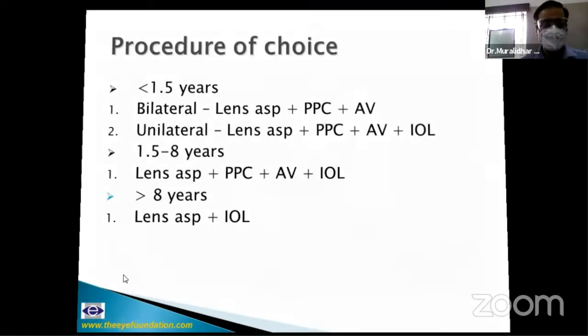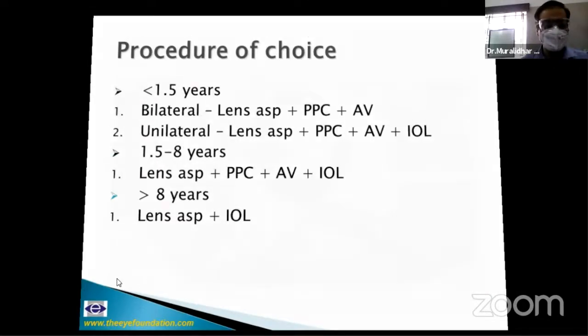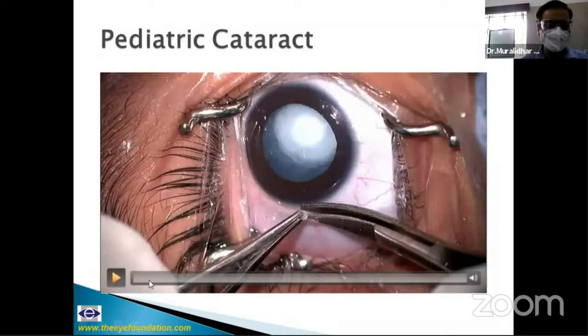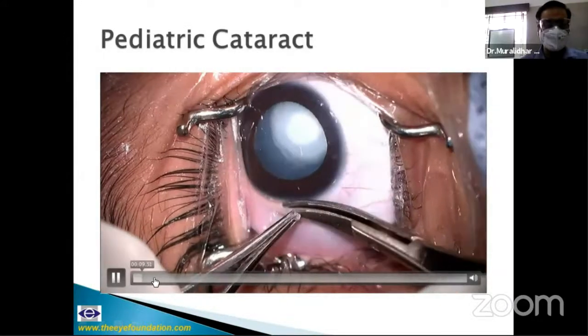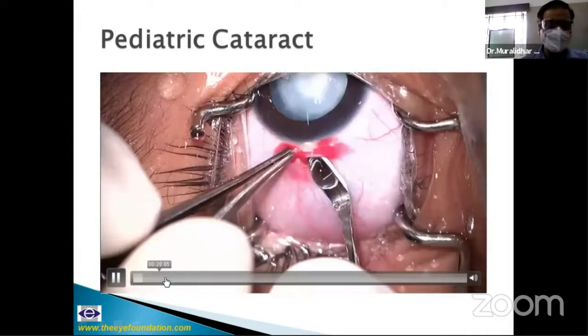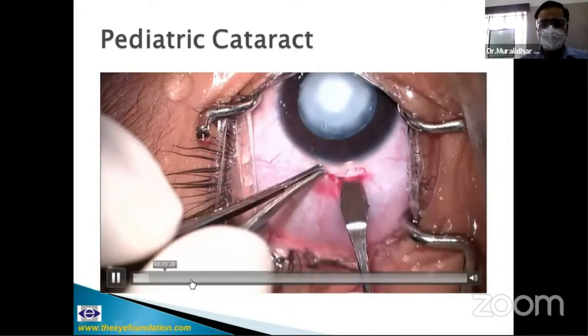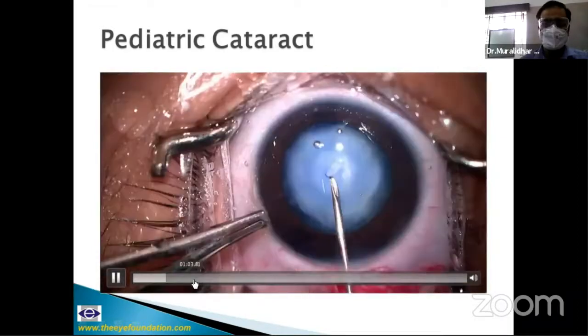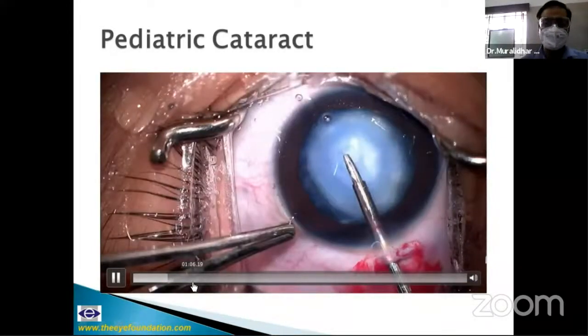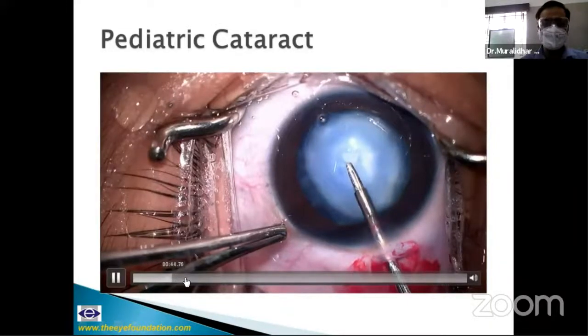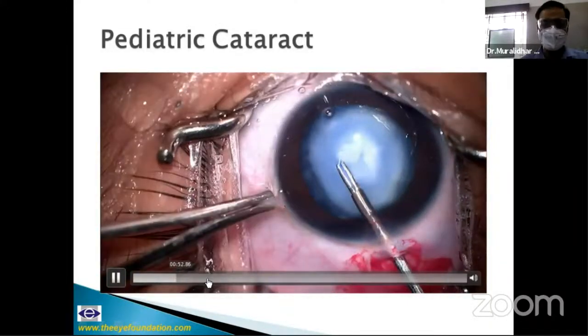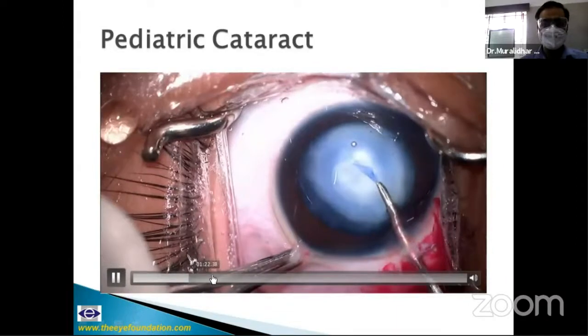And I shall wind up with a short video on surgery, because I have many more slides, but I don't think we have the time to go through all this. I prefer doing a scleral tunnel incision, but not everybody agrees with that. The key to achieving a successful rhexis is to aim for a smaller rhexis, frequent injections of viscoelastics, frequent regrasping, and pull towards the center or 180 degrees away.